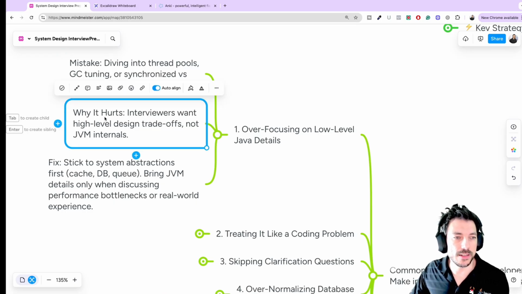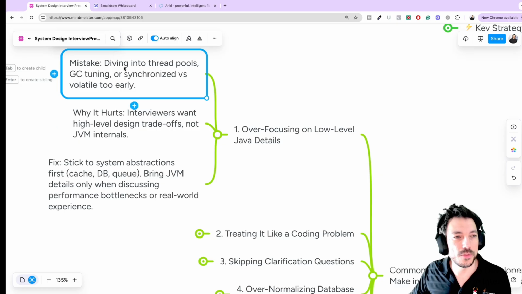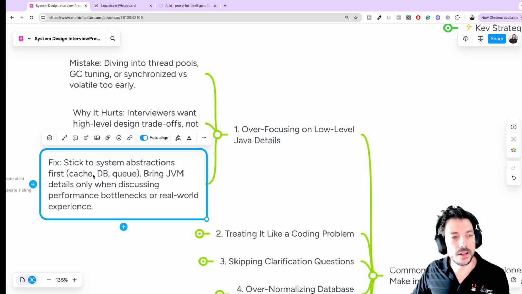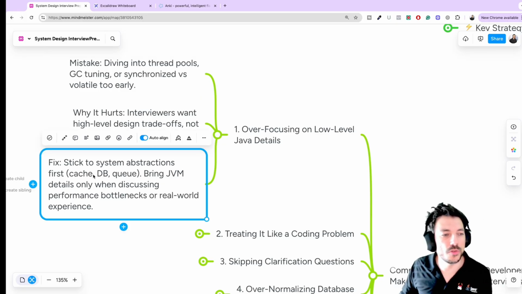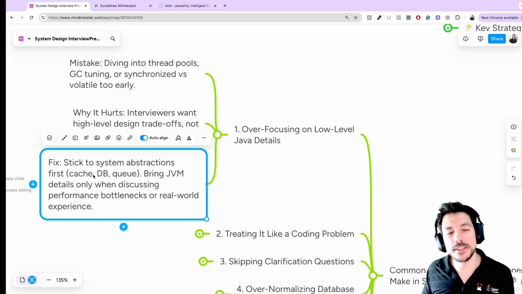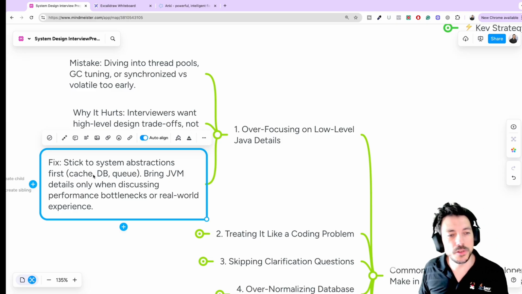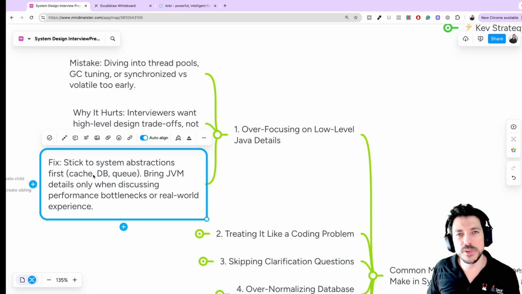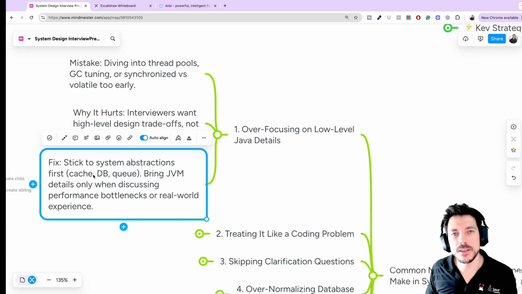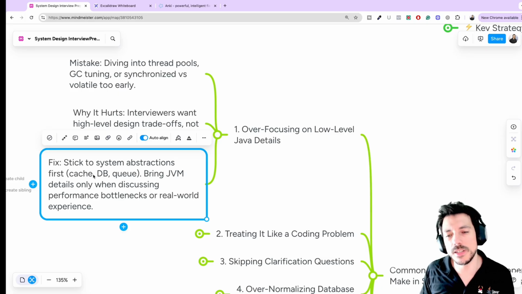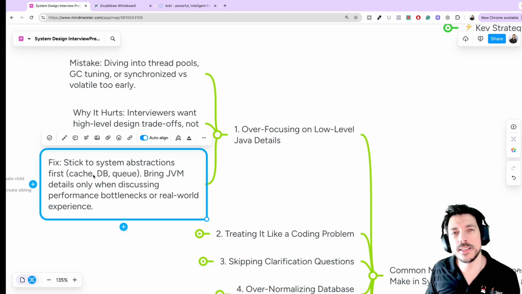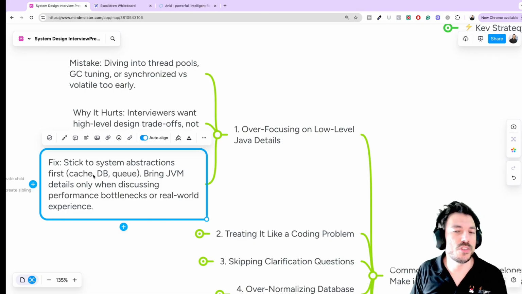Like I said, this hurts very badly because the interviewer is expecting you to do a high-level design rather than coding, right? All of those things are mostly coding, right? The way to fix that is to stick to system abstractions like cache, DB, queue, and only bring up the JVM if they tell you, oh, tell me about the JVM. But usually you don't need to mention the JVM